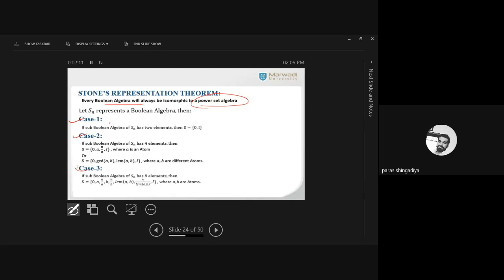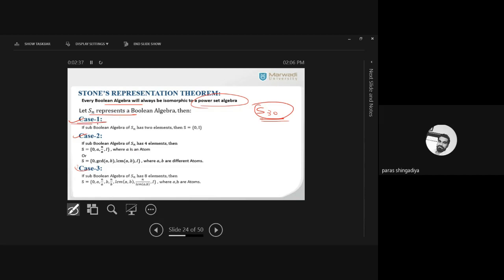So what is the procedure to derive the sub-Boolean algebra? Sn represents any of the Boolean algebras. For example, S30, S11, S12, S29. These are some forms we have, which are called Boolean algebras. Now we define its total possible sub-Boolean algebras, which are included in S30. So how can we find them?